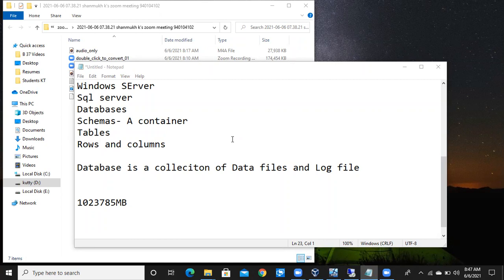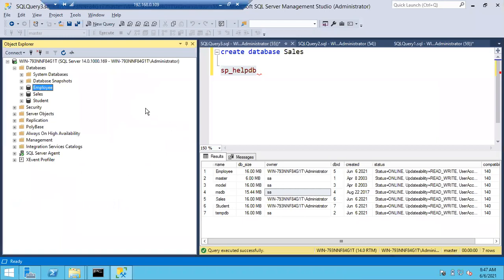But if the database is offline, the application won't work. If the server is offline or if the database is offline, the application won't work. If the application should work, the database should be online. Yes.